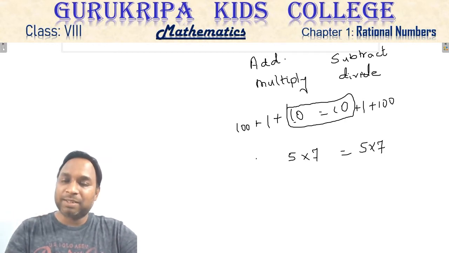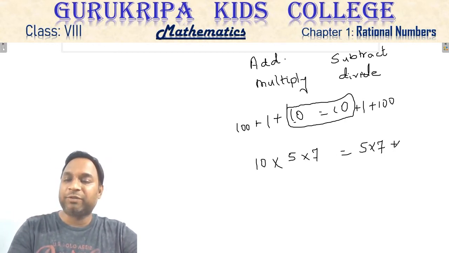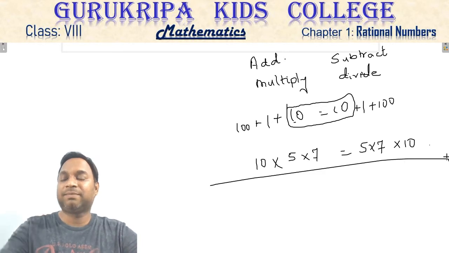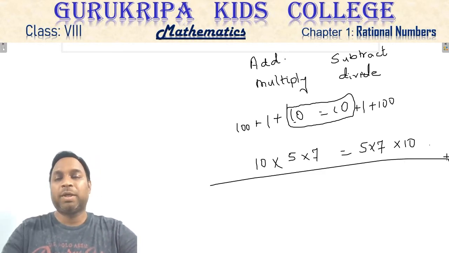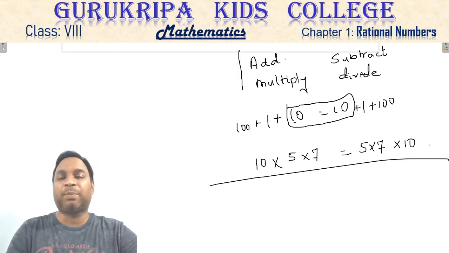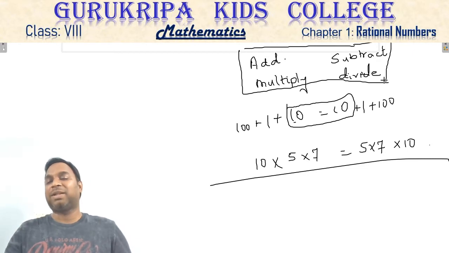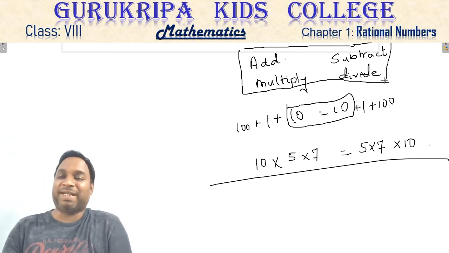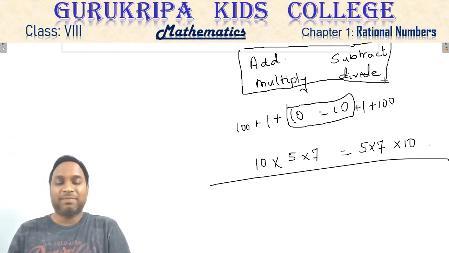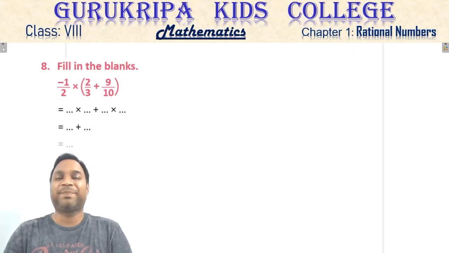Now if I again multiply it by 10, will it change? I have to just multiply it by 10 on both the sides. So you can do any of these operations on both the sides. The only smartness required is to decide what to add, subtract, multiply or divide. That you need to decide seeing the equation. I'll help you with that as the questions come.